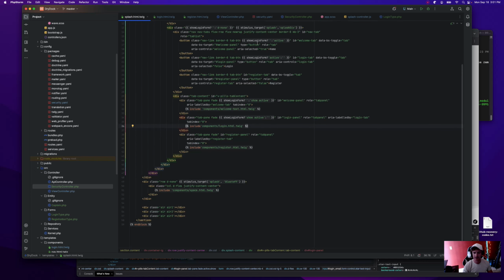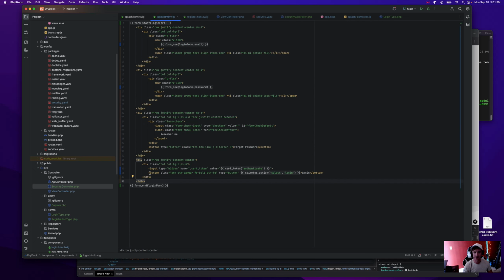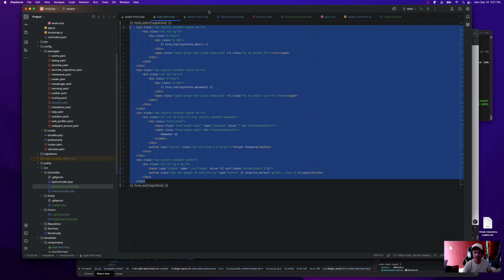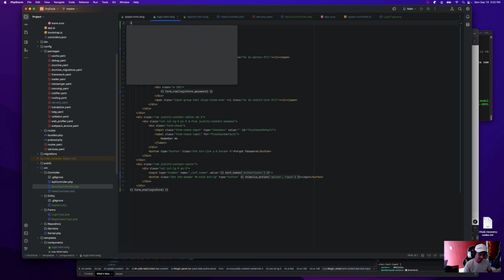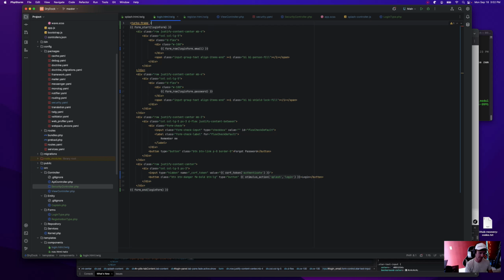And so you could think of it like in our Turbo frame, this is the markup that's going to be getting replaced. And it will be replaced with itself. We're going to re-render this same thing, which is already included on the splash page for the initial page load. We'll give this ID TF login.